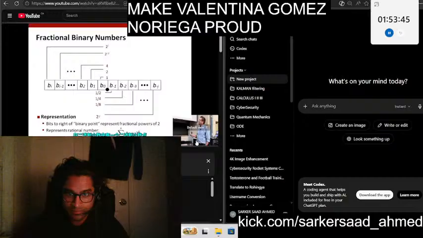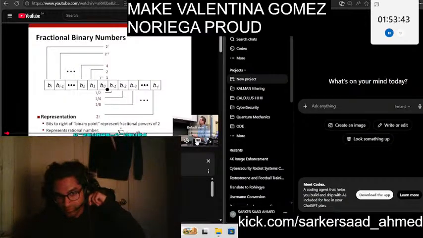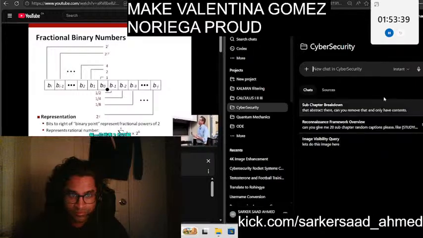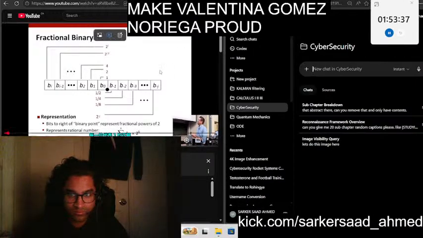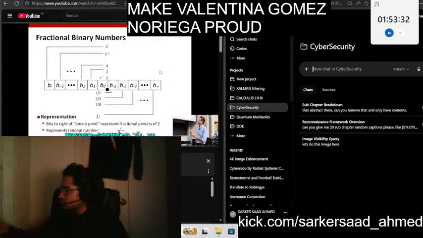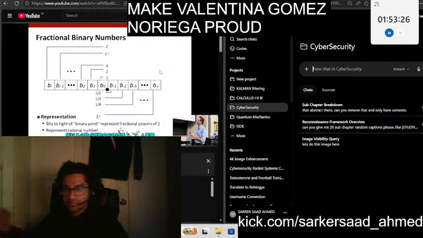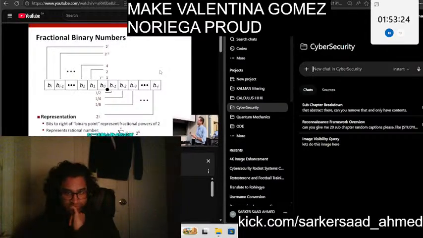So in this case, it's a binary point, and to the left of the binary point you have bit positions representing powers of 2, so 2 to the 0, 2 to the 1, 2 to the 2. So 1, 2, 4, and so on. And to the right of the binary point,